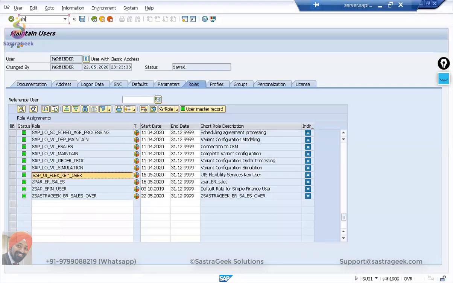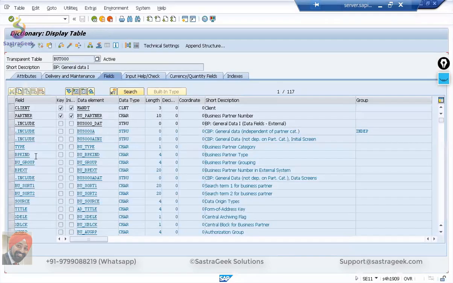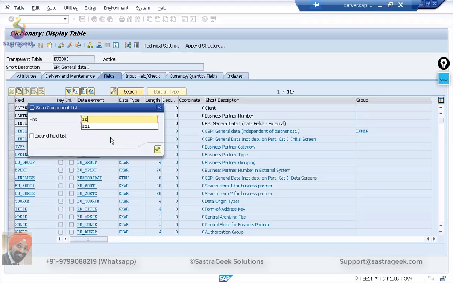Let me go into SE11. The table name here is BUT000. The standard data is saved in the BUT000 data model. We'll talk in detail in our business partner topic about the different tables that are used when you save the business partner, and what the data model is for the business partner. We'll be discussing it. Now here, if I search for field ZZ1,